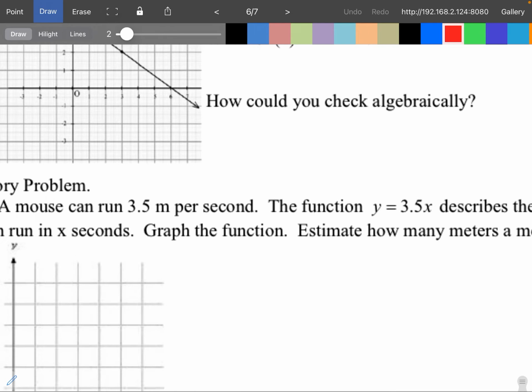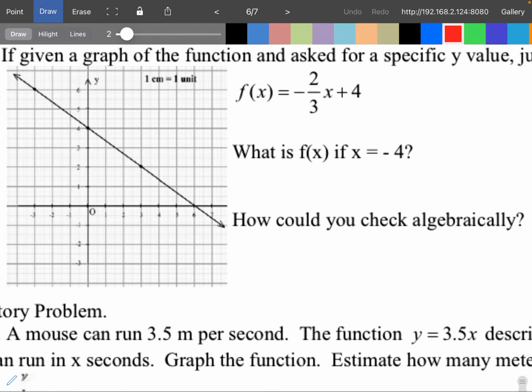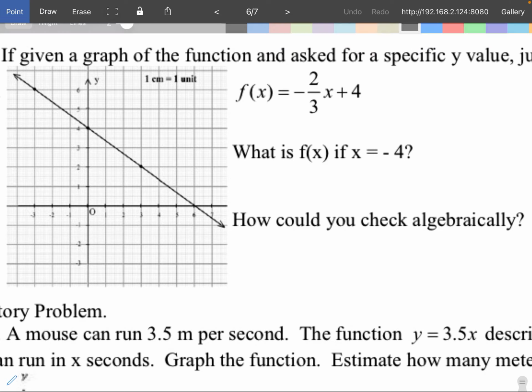You guys good with that one? All right, the next one will be real quick, okay? So I think we got to flip the page. So the next one,